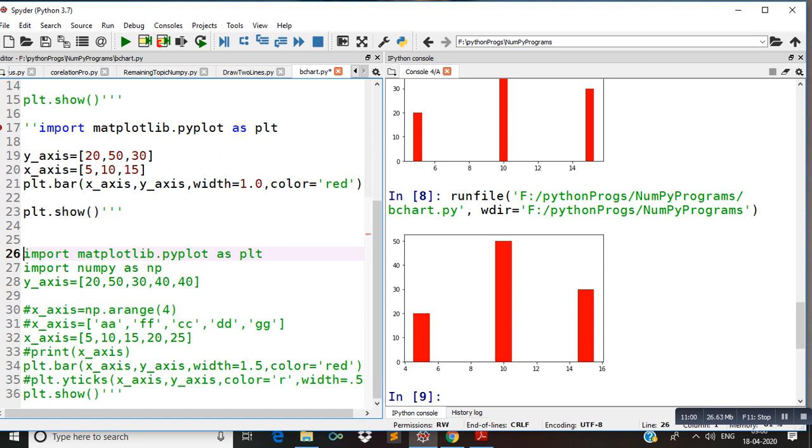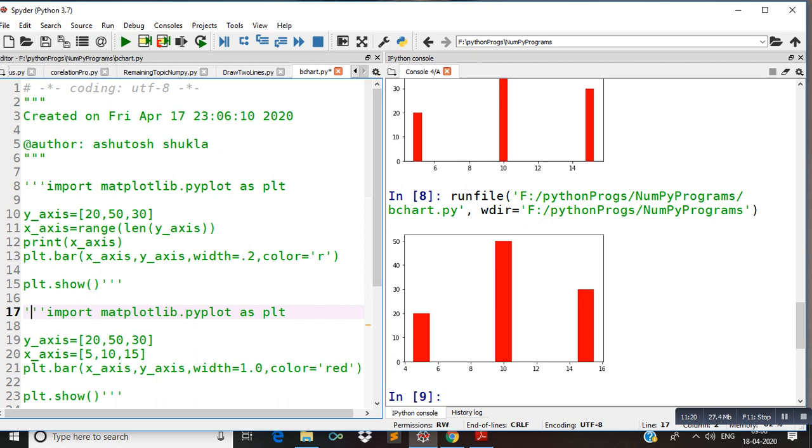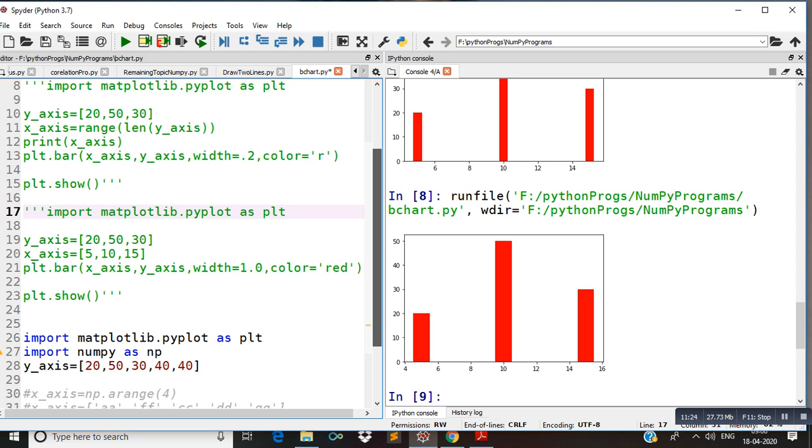Now we have to see what is the result of these lines. Here the values of the y-axis are these, and for the names of students we can assign names at the x-axis like this.